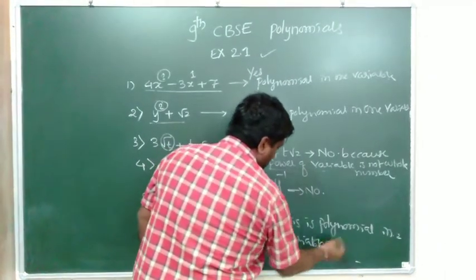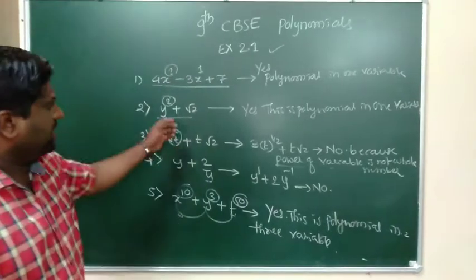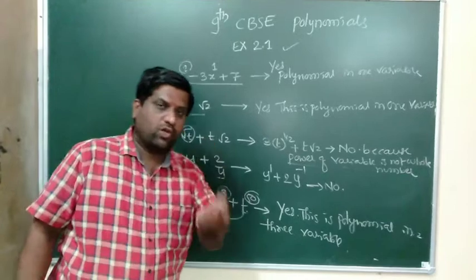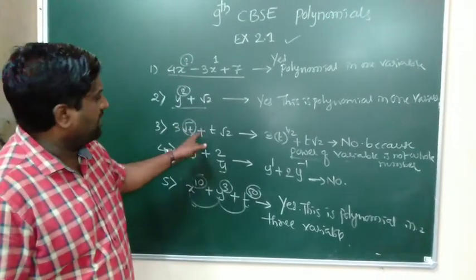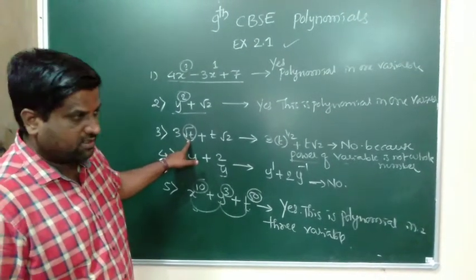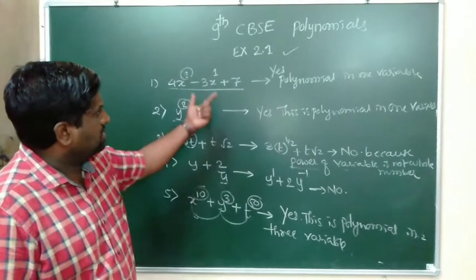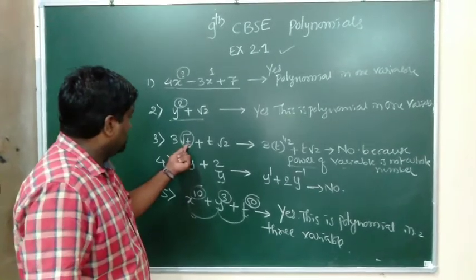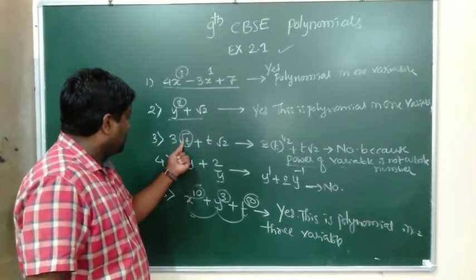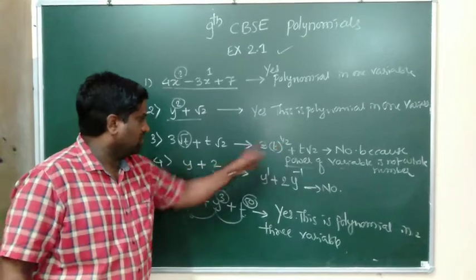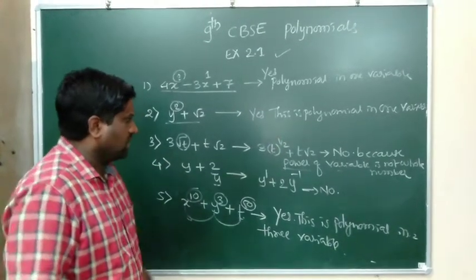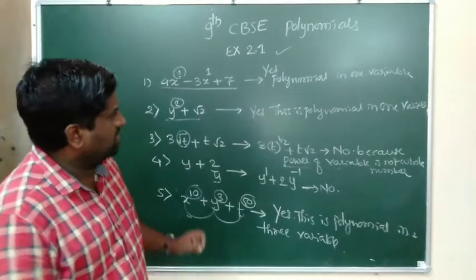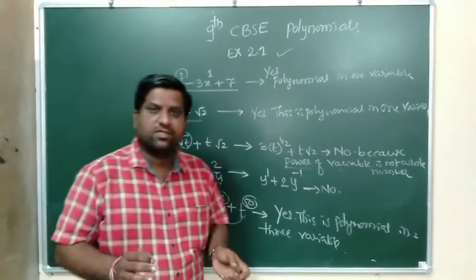You get a question for 1 mark. You will be given an expression, and you have to check whether this expression is a polynomial or not. How to check? Just simplify. By observation, it is not possible to say whether this is a polynomial or not. All you need is to simplify to get the value of root as 1 by 2, the power of t is 1 by 2. On that basis, we must say the given expression is not a polynomial. In this way we decide whether the given expression is a polynomial or not.